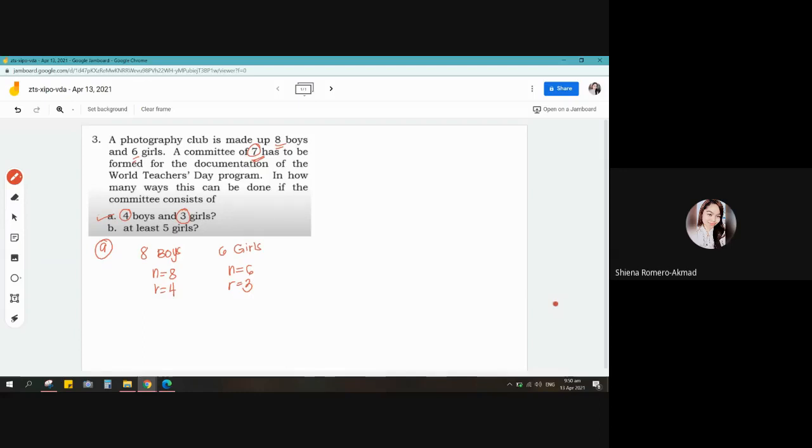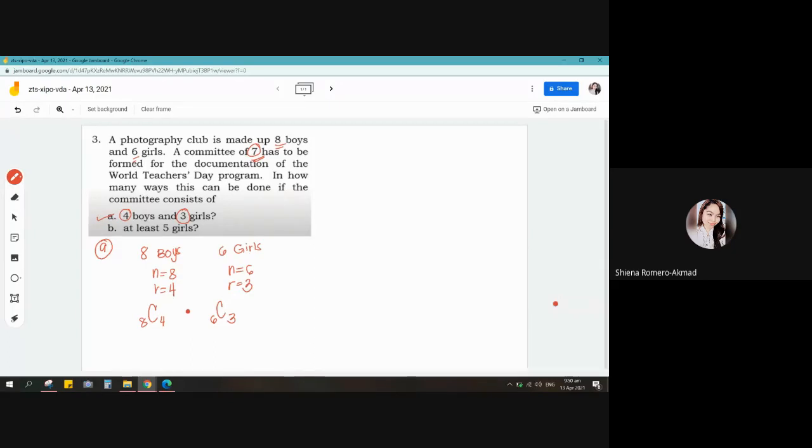So what will we do for that? We will use this information to form the combination notation. That's combination of 8 taken 4 at a time, and this one is a combination of 6 taken 3 at a time. 8 is our N and our R is 4. 6 is our N, then our R is 3. Okay? Then, of course, in the fundamental principle of counting, you have to multiply because they will happen at the same